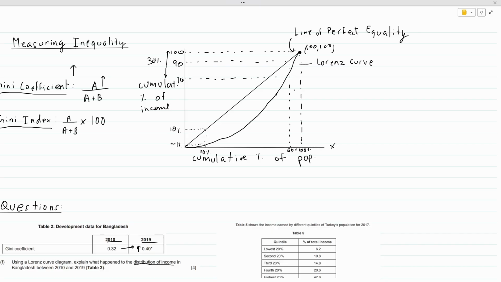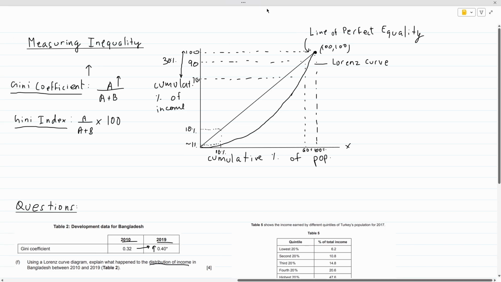Now, in this manner, we can actually represent how the inequality of a country progresses for different quintiles of their population. Now, if we were to draw a Lorenz curve which was even steeper, something that went a little like this, that would represent a more unequal society, as if the curve moves even more outwards, for the bottom percentile earners, the y-axis would move even lower, meaning that the poorer people would earn even less money, whereas the top earners would earn even more.